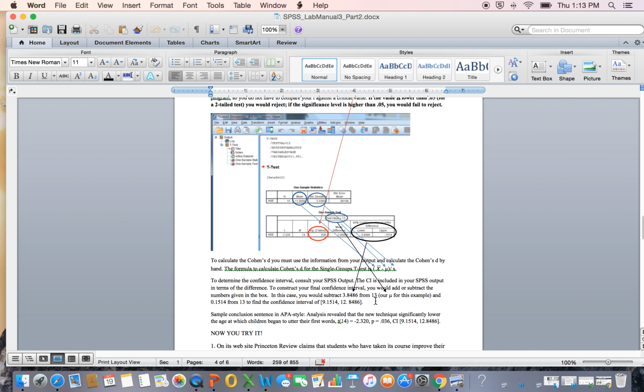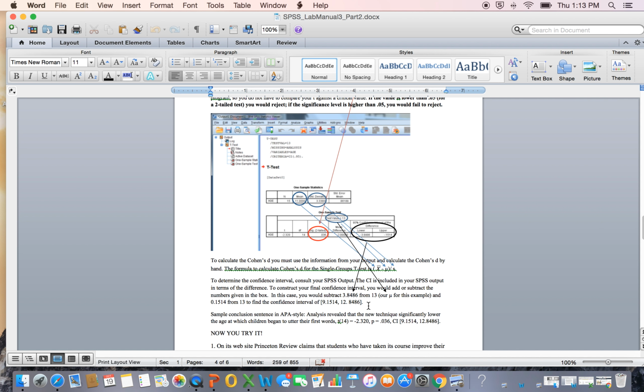So you would take 13 minus the lower level difference, and that would give you one value. And then you also take the mu, 13 minus the upper limit, and that will give you this value. So in this case, I took 13 and subtracted the lower difference, and then I took 13 and subtracted the upper difference. So then our confidence interval is between 9.1514 and